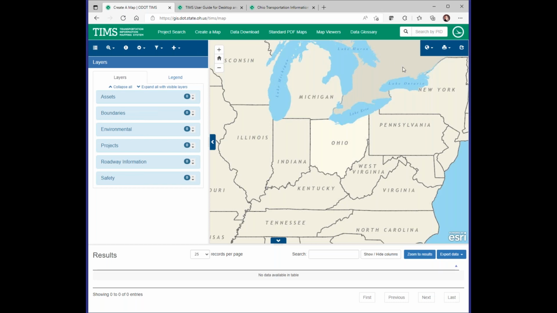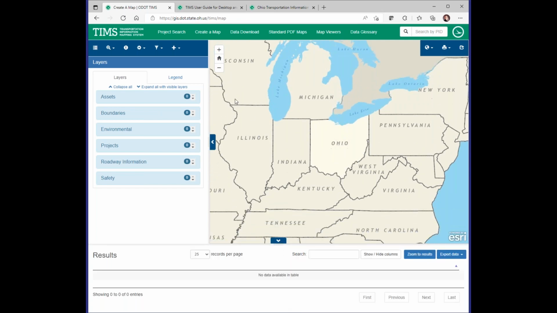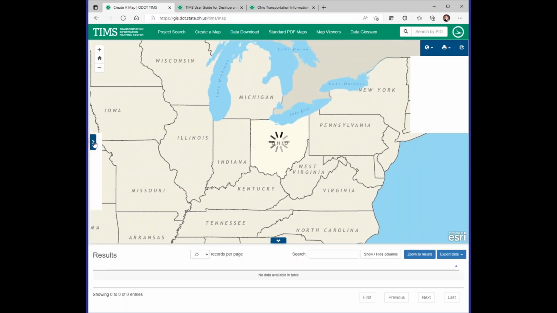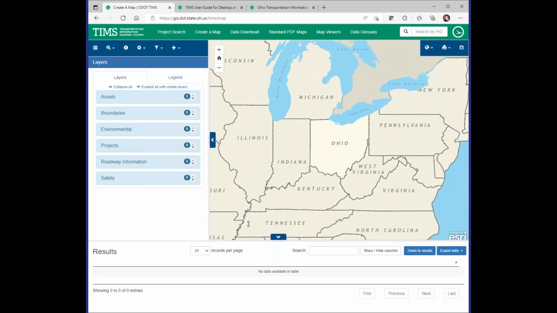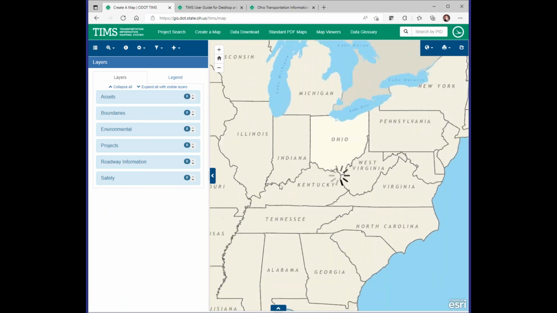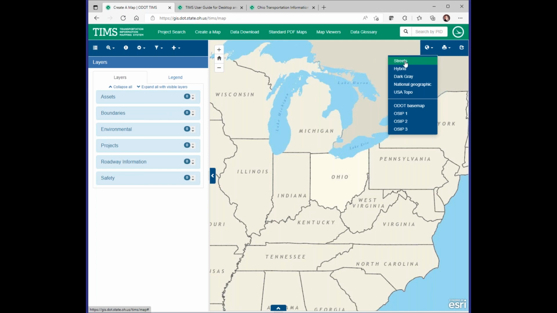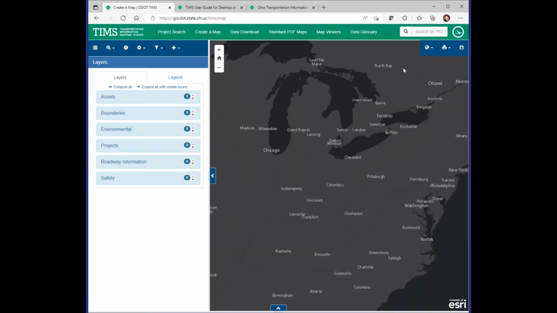Some basic functionality on the page. You can control your view area by expanding, hiding, or resizing the panes. I will hide the results pane for now. And you can choose your base map. It should default to streets, or the ODOT base map is pretty similar, but you can choose from the different